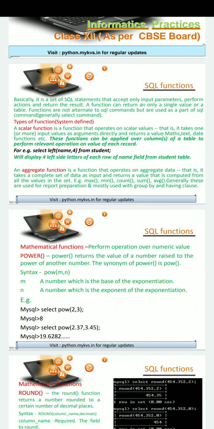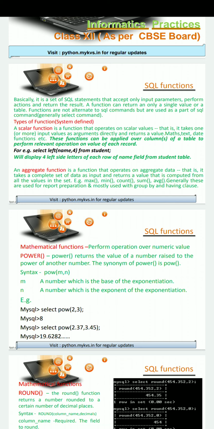It takes one or more input values as arguments directly and returns a value, such as math, text, date functions, etc. These functions can be applied over columns of a table to perform the relevant operation on the value of each record.